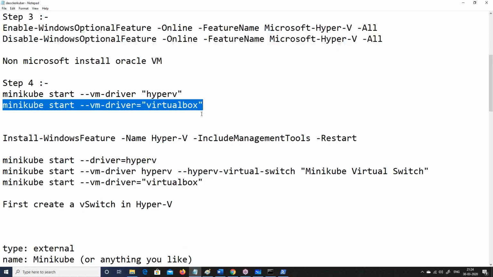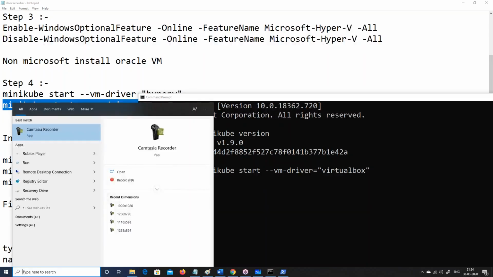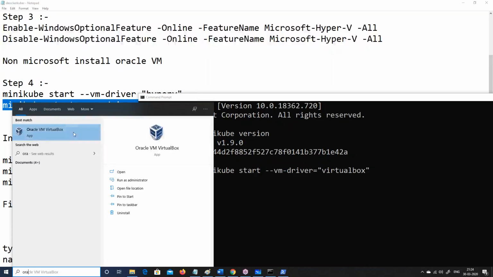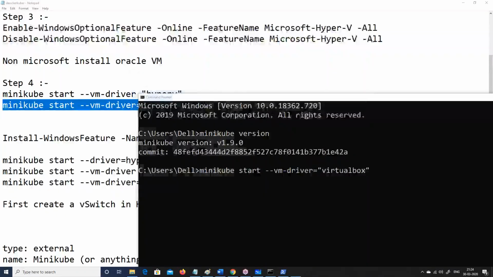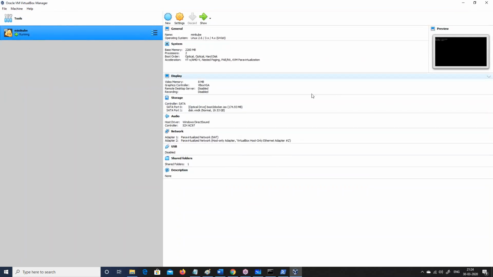So what I did out here is I went ahead here in my command line, which I already did. I went ahead and I fired this start virtual box. And what it did is, this takes a lot of time. It went to this Oracle box out here and it created a Linux VM. So you can see this is my Oracle virtual box out here, and it created this Minikube, and this is one node out here.